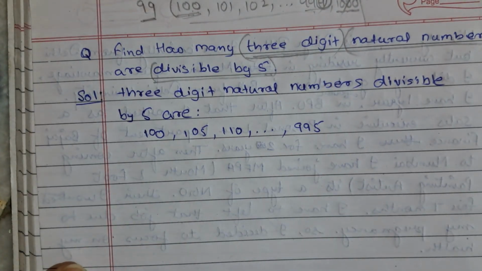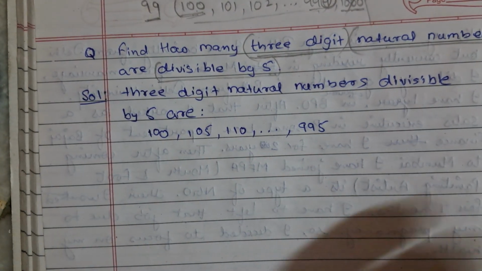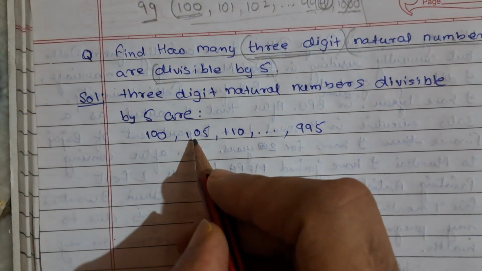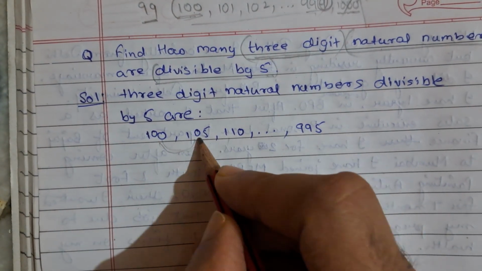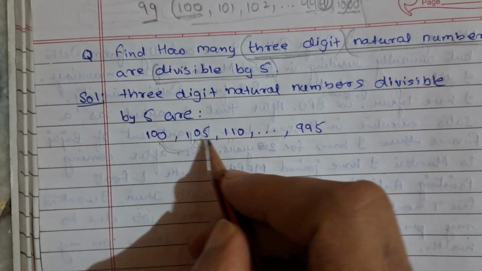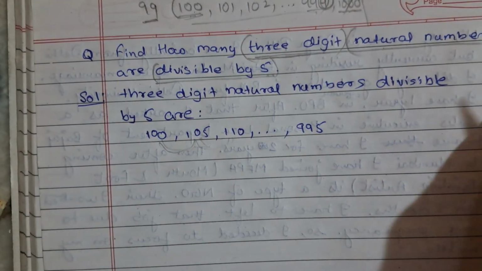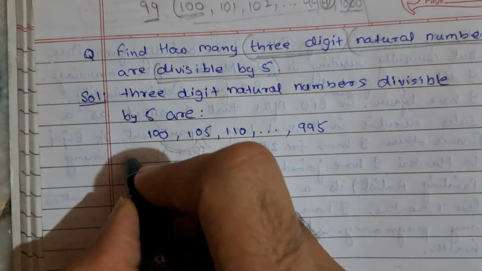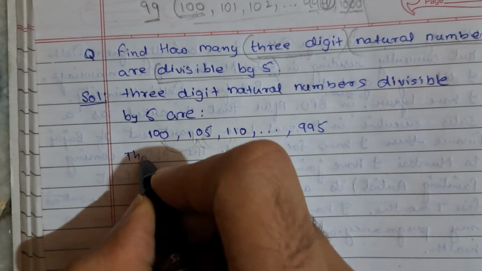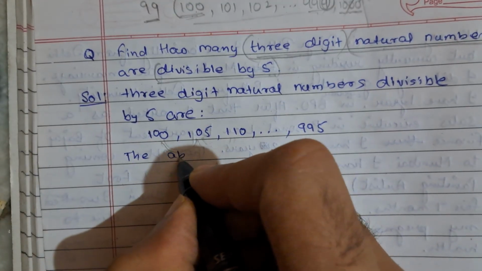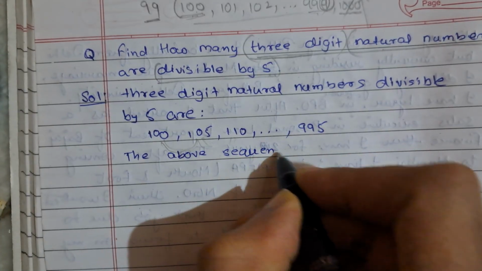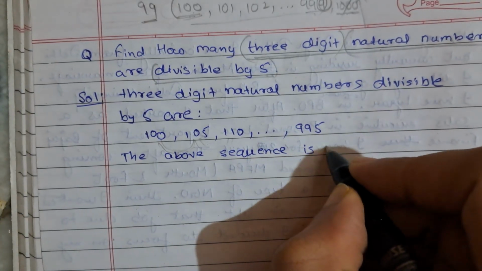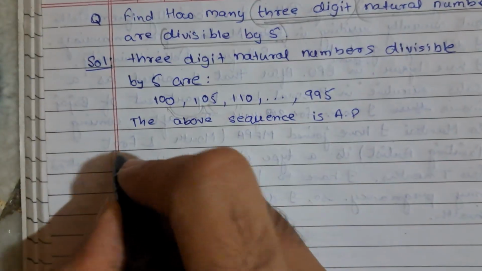Do you think it is an AP? Obviously it is an AP, right? Why so? Because if you see, the difference between these two numbers is 5. The difference between these two numbers is 5. And similarly, the difference between all the numbers is 5 over here. So I can simply say the above sequence is AP, where